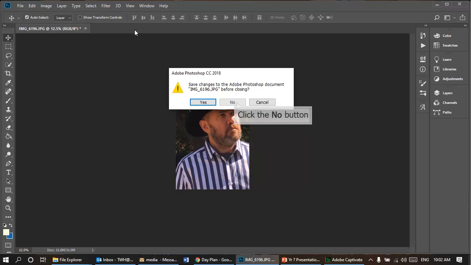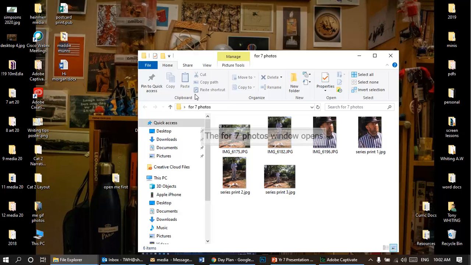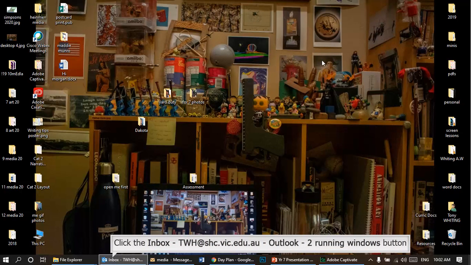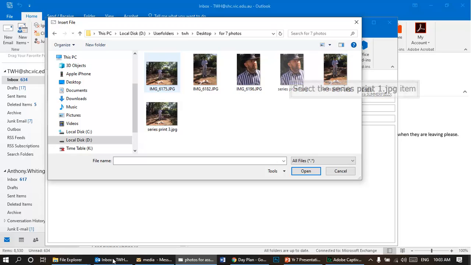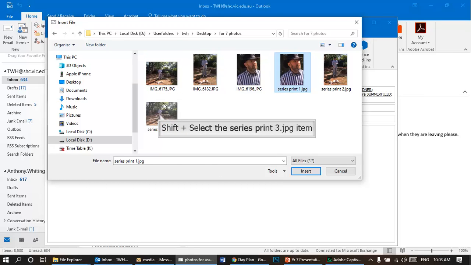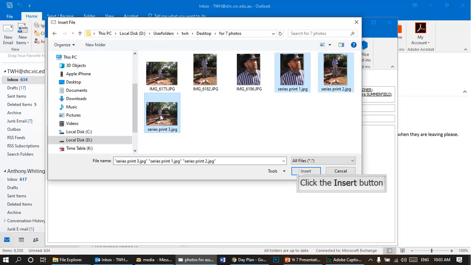Close, no. That we've saved them in, and here we have two versions, the print version and the original version. And sometimes it'll actually be slightly smaller, but they're all uniform in size. So now we can go to our emailing system. Click on the first one, Shift key, click on the last one, and they're all highlighted, the ones you want to